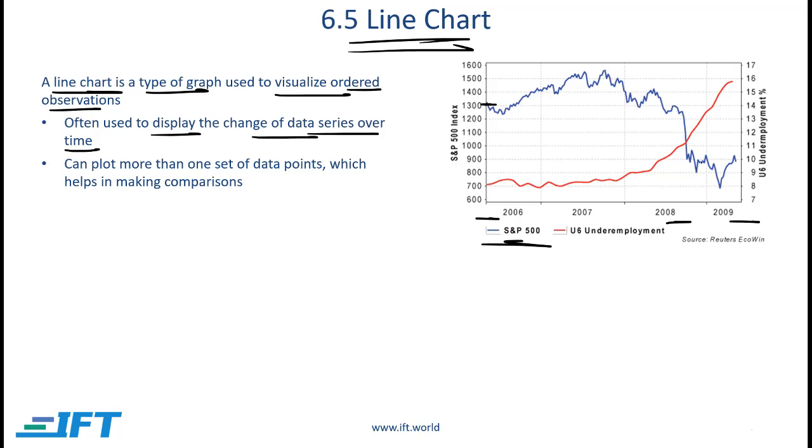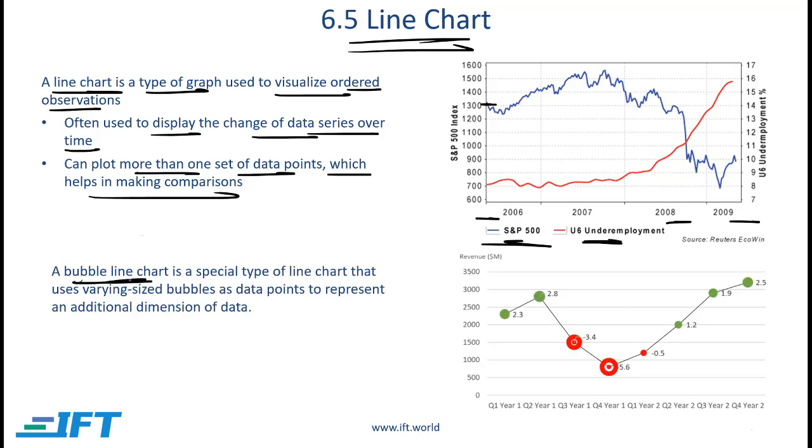down substantially. At the same time, we might be interested in unemployment or underemployment numbers. And notice that underemployment was fairly stable till the end of 2007, but then underemployment shot up as the financial crisis hit. And that's the point made here, that we can plot more than one set of data points, which helps in making comparisons. A bubble line chart is a special type of line chart that uses varying sized bubbles